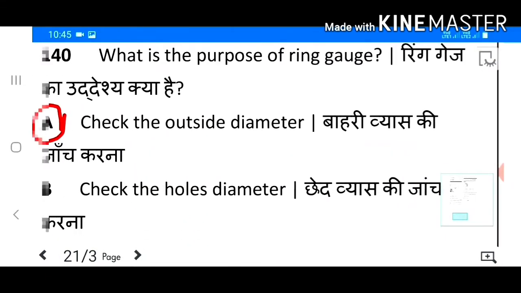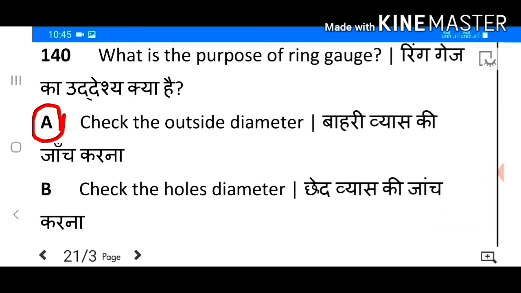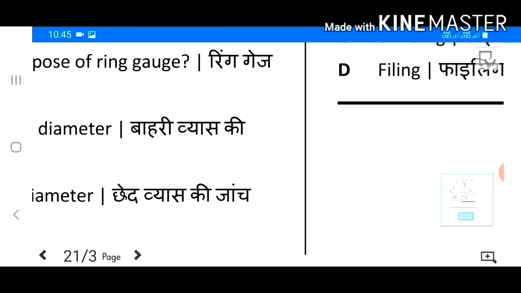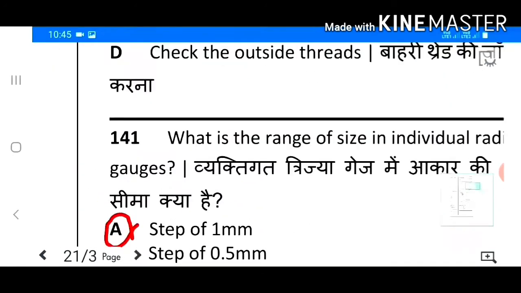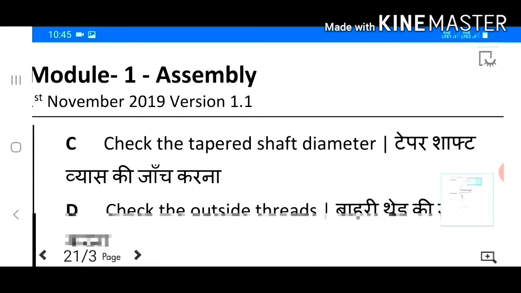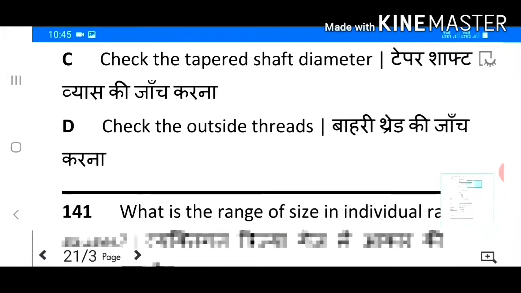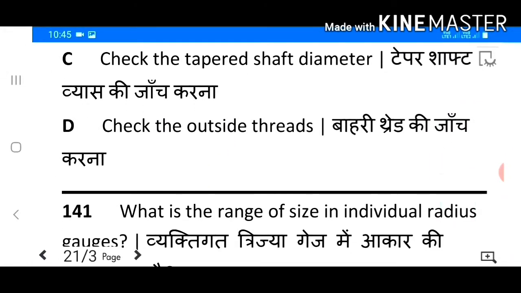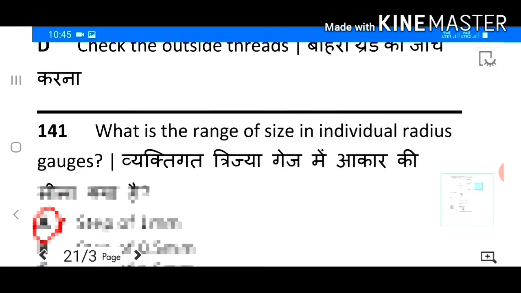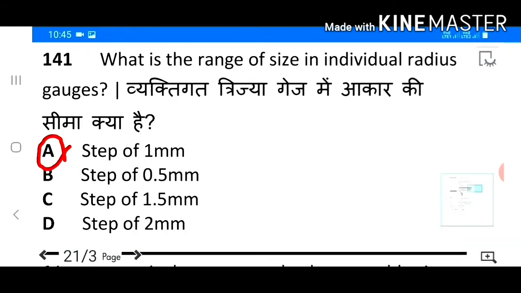140. What is the purpose of ring gauge? Answer A. Check the outside diameter. 141.